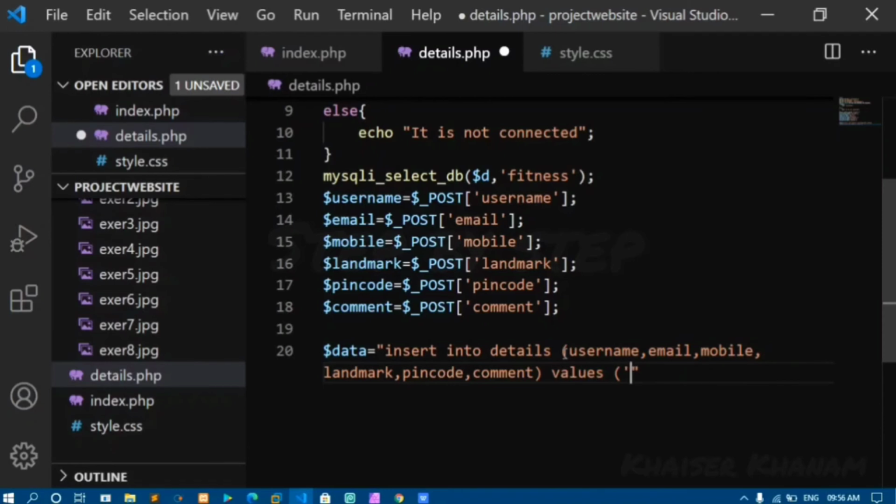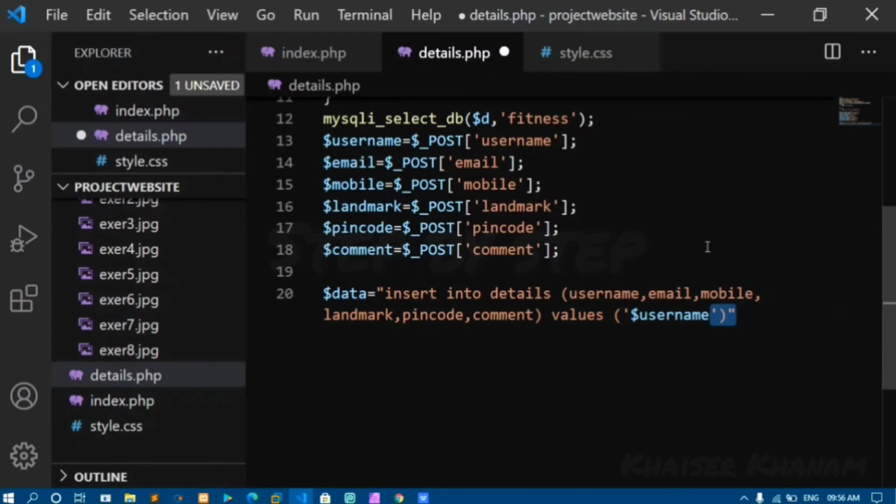Okay, our values are nothing but whatever the user has passed, we have to write here: username, email.